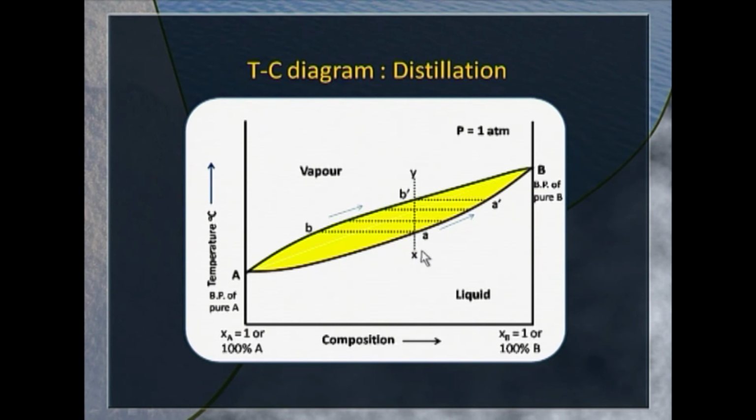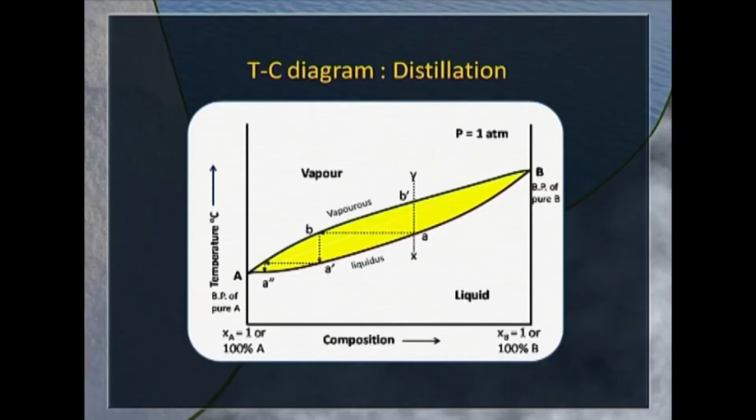So, in this case, we have brought about conversion of liquid into vapor, but distillation amounts to slightly different thing, where we want to, say, separate A and B, and for that we can see how it can be done. Now, look at the same liquid mixture starting with composition X. You heat it. When you reach the point A, you can see that the vapors emerge out. The vapors are much richer in the more volatile component, that is the component A, which has lower boiling point,